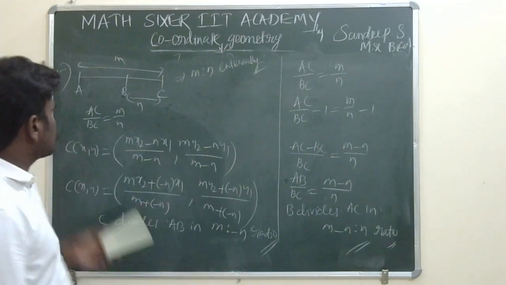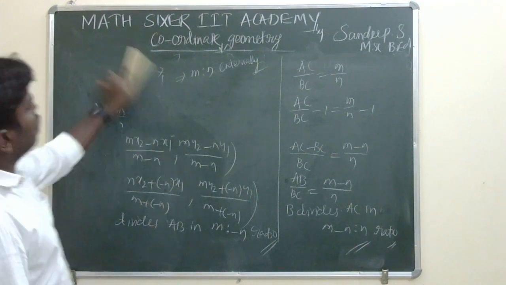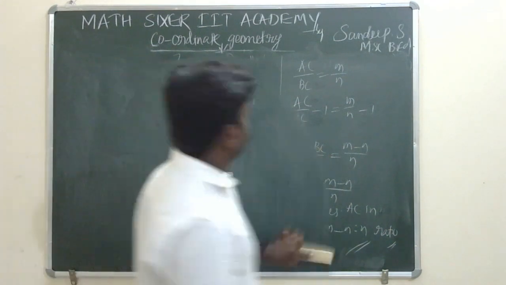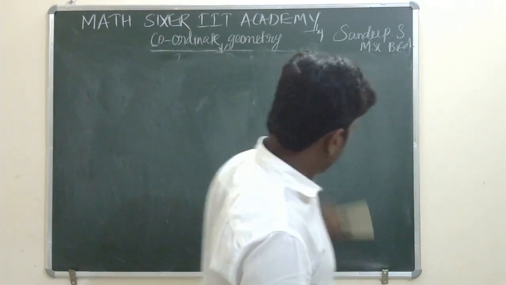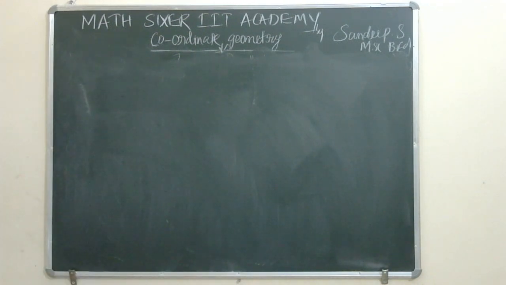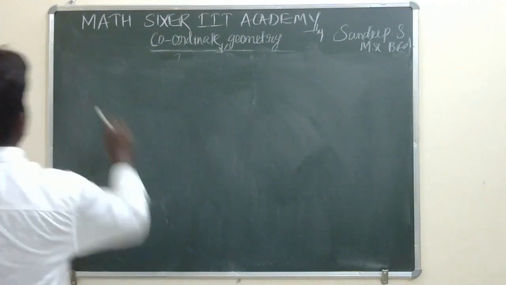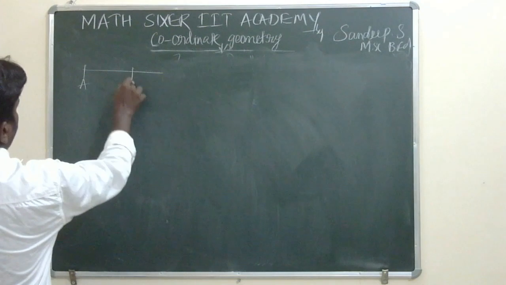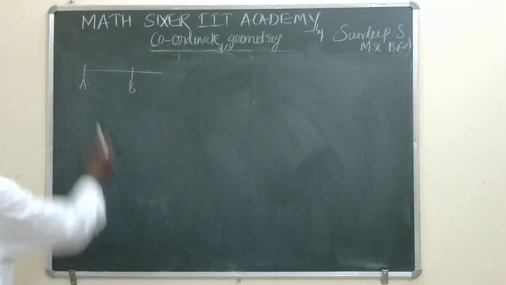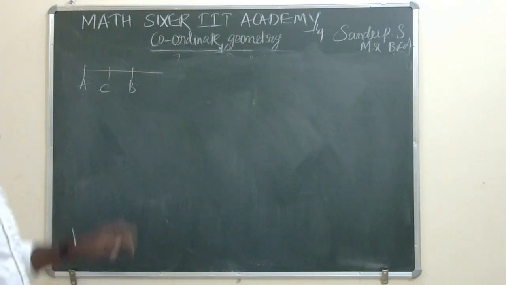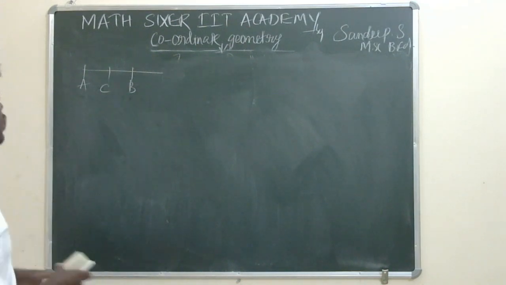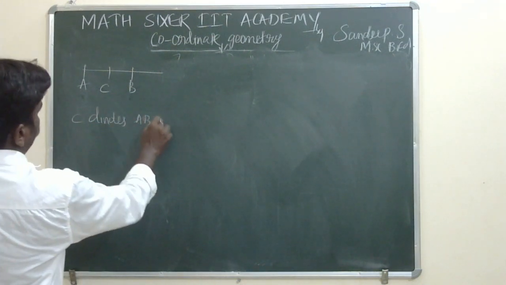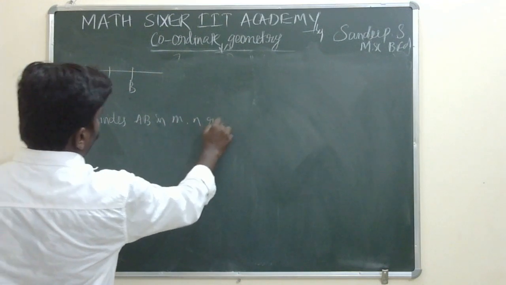Okay, so next we have one more very important definition, that is harmonic conjugate. That is also based on the external and internal division. Suppose here I am taking a line segment AB. And if C divides AB in the ratio of m is to n internally,